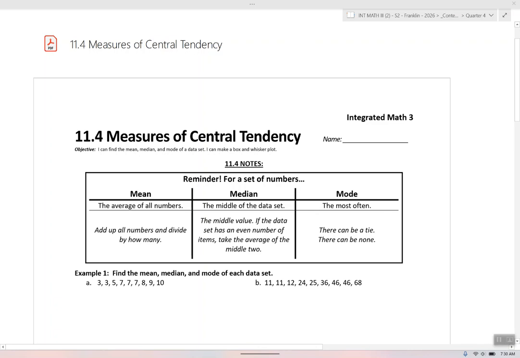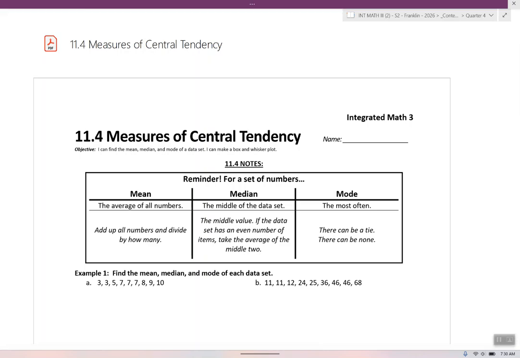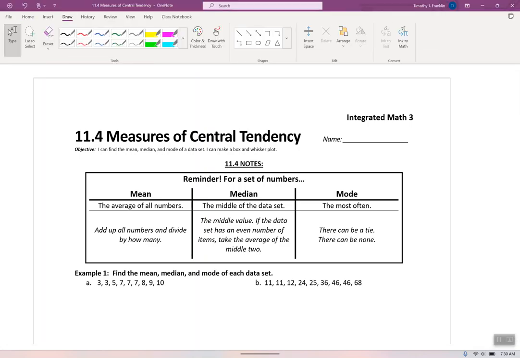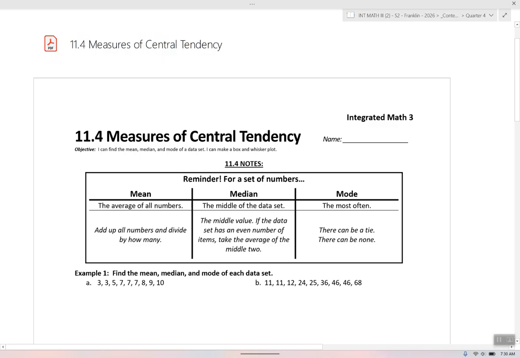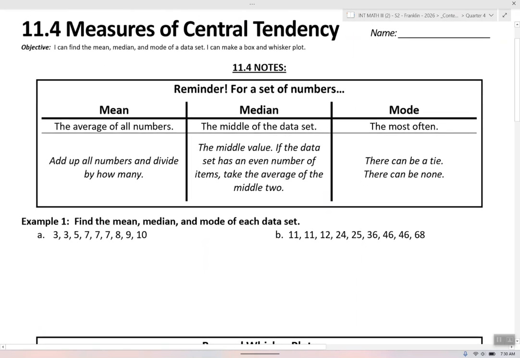Okay, let's wrap up Unit 11 with 11.4 Measures of Central Tendency. Now, the phrase measures of central tendency tends to refer to basically three basic ways to summarize or approximate a range of numbers. So we're going to look at these three: mean, median, and mode, which you are probably